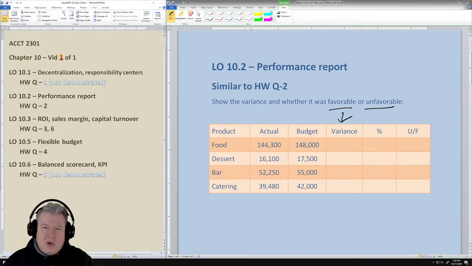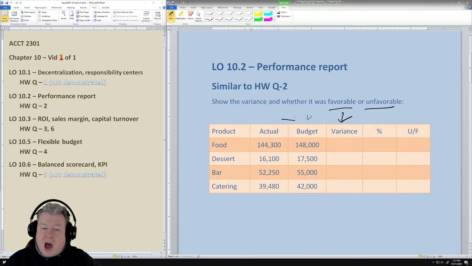decisions, if you had budgeted 148,000 here, and let's say that we don't know if this is sales or cost, but let's say this is sales. If this is sales and you were budgeted to sell 148,000 but only sold 144,000, well, that would be less than the budget. You sold less than what you predicted, and therefore we would say that's unfavorable. So on the sales side, this would be an unfavorable relationship between these two.